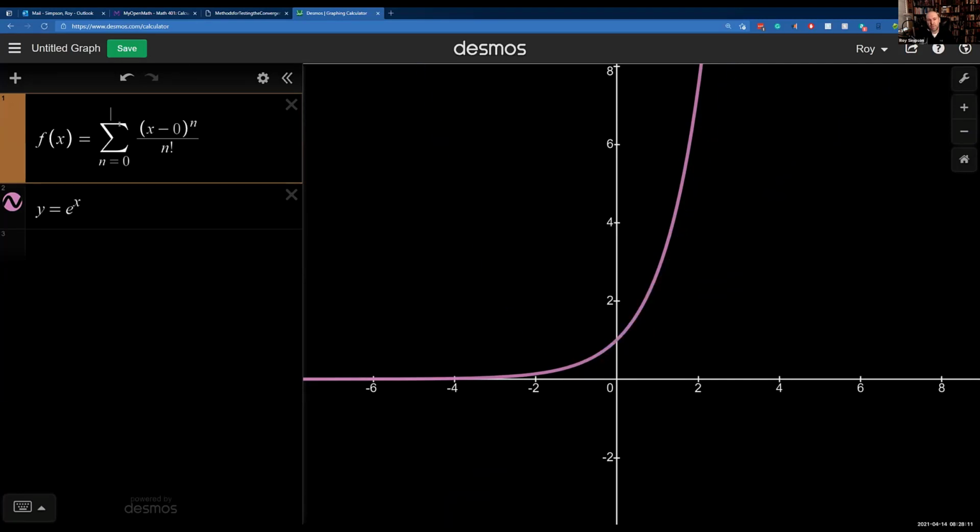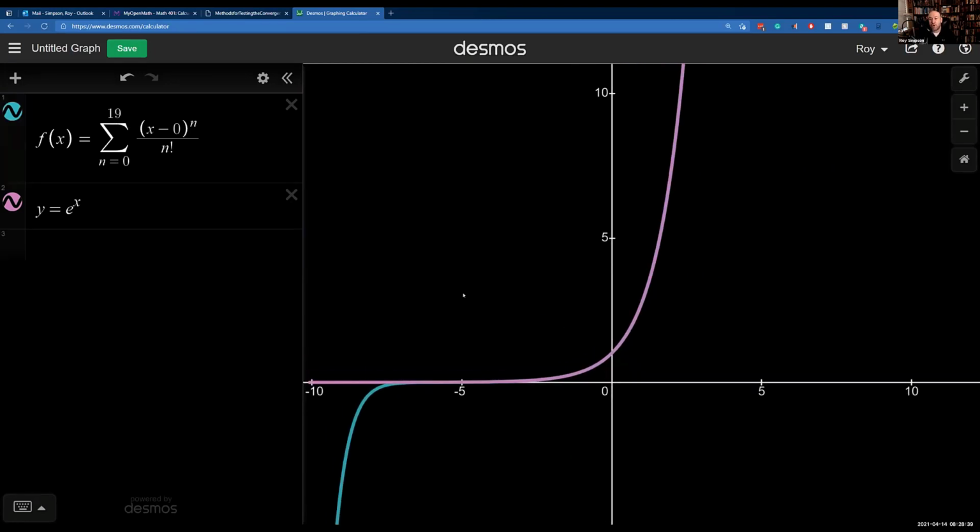2 terms, 3 terms, 4 terms, 5 terms, 6 terms, 7 terms, 8 terms, 9 terms, 10 terms, 11 terms, 12 terms. And when I say 12, technically it's 13 because there is a 0th term in there. 13, 14, 15, 16, 17, 18, 19. Do you see that each time I add a term to the series, it gets closer and closer to e